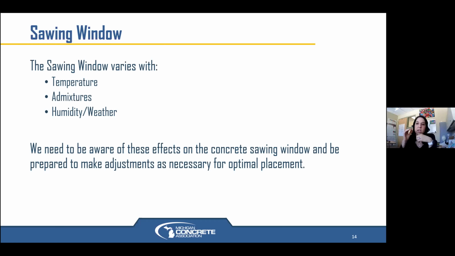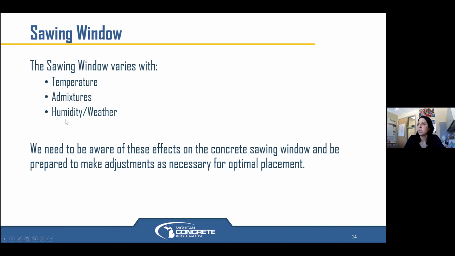And to answer the question up there, we do want to be scientific with our saw cut windows, but there are tools that you can use, and they're expensive, and those are great tools, but concrete is kind of predictable. We can do a good job of estimating these without all of these expensive tools. I'm not saying that you don't want to use them, but if we are aware of the temperature, what admixtures we're using, what's happening around us when we're pouring, how we're pouring, the time of day, things like that,